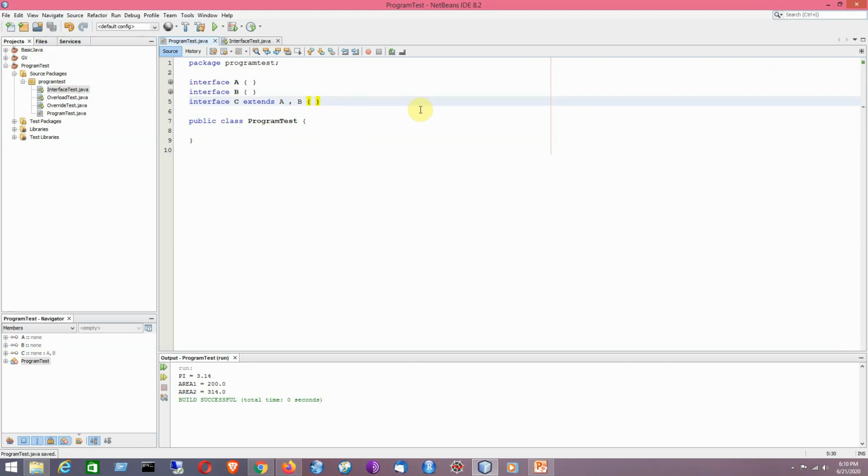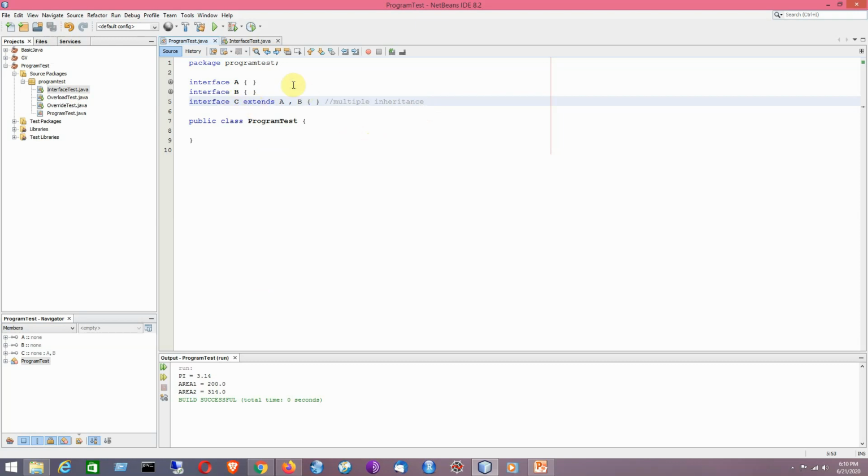That means in that way we can give the option of multiple inheritance in Java in terms of interfaces. The multiple inheritance problem of Java classes has been solved here by using the concept of interface.